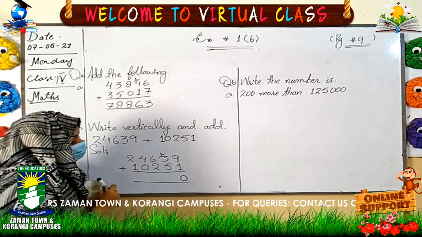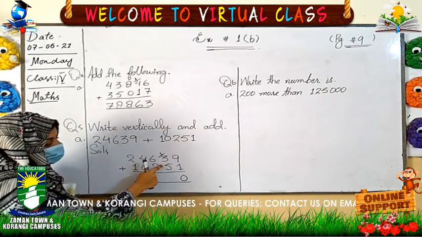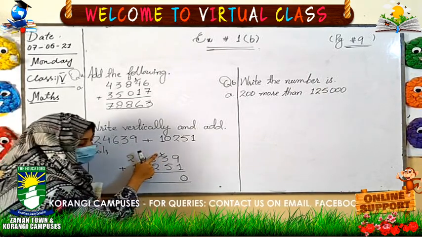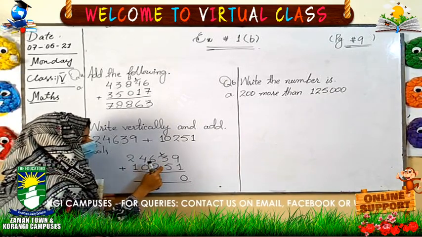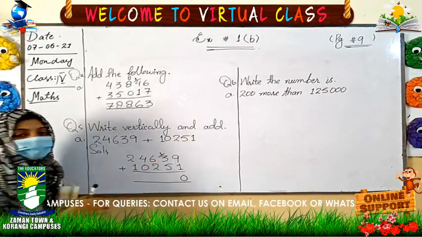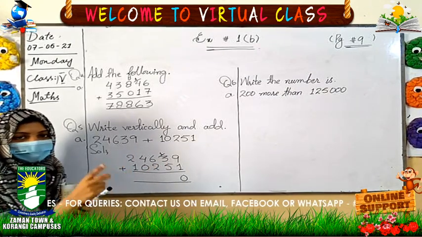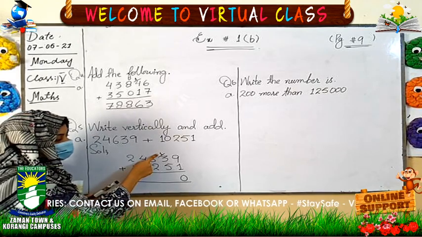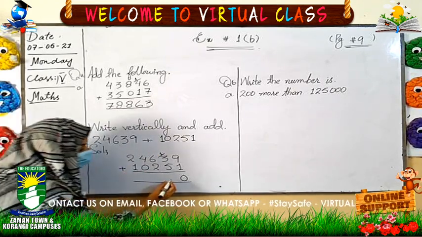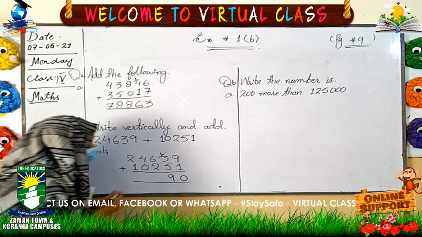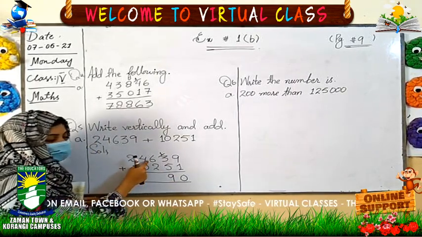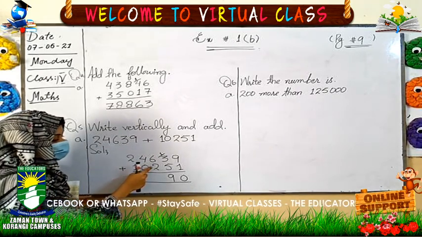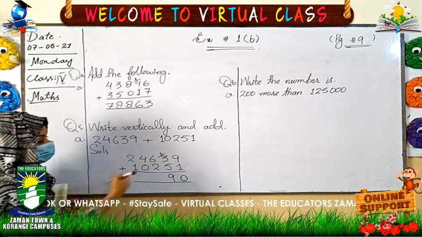Now start adding 5 and 3. Then in the last you will also add the carried 1. So you add 5 and 3, then 4, 5, 6, 7, 8 and 9. So we will write 9 here. Now add 2 and 6. When we add 2 and 6, it becomes 8.